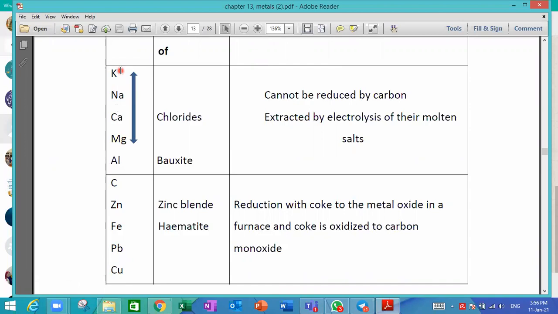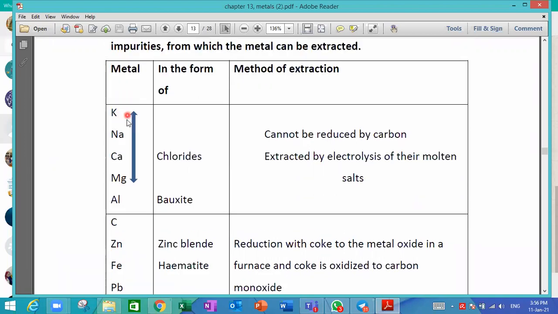So whenever we have any metal above carbon in the reactivity series, this means that these metals are very reactive and that they cannot be extracted using carbon. They will be extracted by electrolysis because they cannot be reduced. Carbon will make reduction to what it's going to extract. But for potassium, sodium, calcium, magnesium, and aluminium, as they are higher in the reactivity series